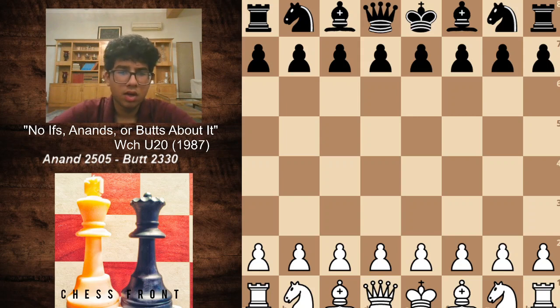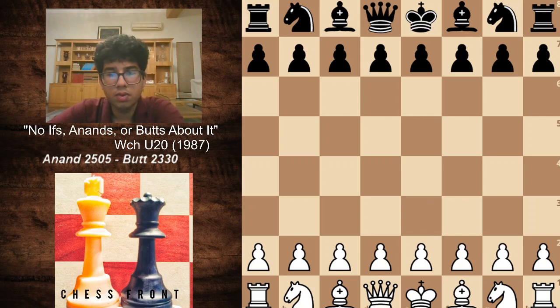Sahi Alam Bhatt, who had a peak rating of 2335. And if you check the current rating list, he's rated about 2295. But he is inactive since 1990. He didn't play a game after that and went into chess retirement. I don't know why. But at his peak, he was rated 2335, and when this game was played, he was rated 2330. So pretty much clear that he was near his peak when this game was played. So this game was played in the World Championships under 20 1987. And without much further ado, we'll start analyzing the game right away.